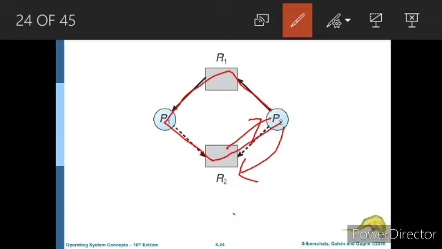If there is a cycle in the graph, the system may be in an unsafe state, so deadlock may occur. So we need to avoid this kind of cycle in the resource allocation graph scheme. If there is a formation of this cycle, then Pi has to wait until the request can be satisfied. Otherwise, with the formation of this cycle, the system will go to the unsafe state, and there is a possibility of deadlock.